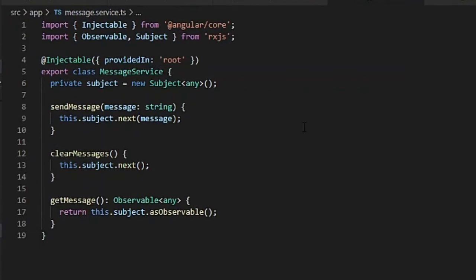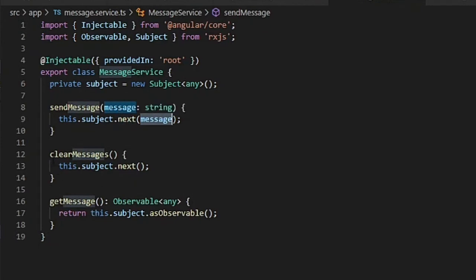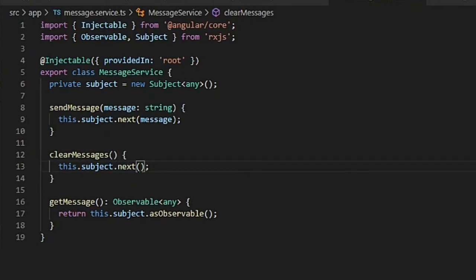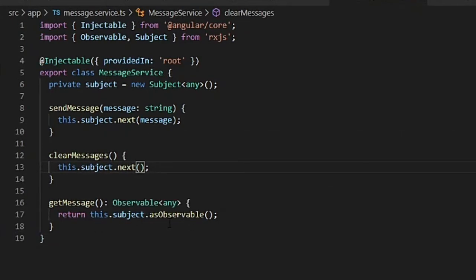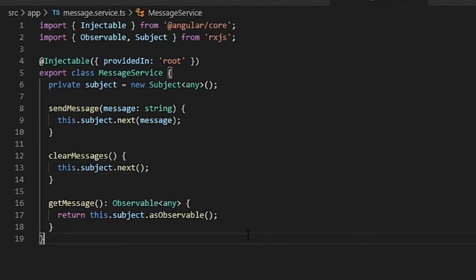Here I have created a subject object, and in sendMessage I have emitted the value message with this.subject.next. For clearMessage, we emit an empty value, so it is cleared. In getMessage, we return the subject object as an observable. I think it is clear for now.